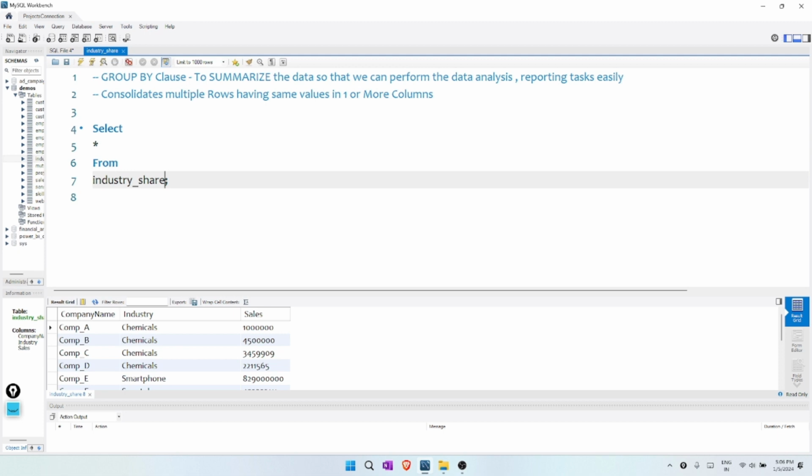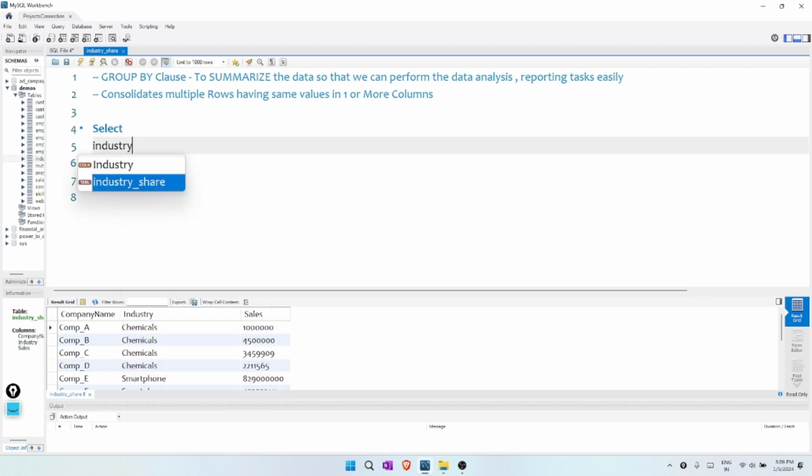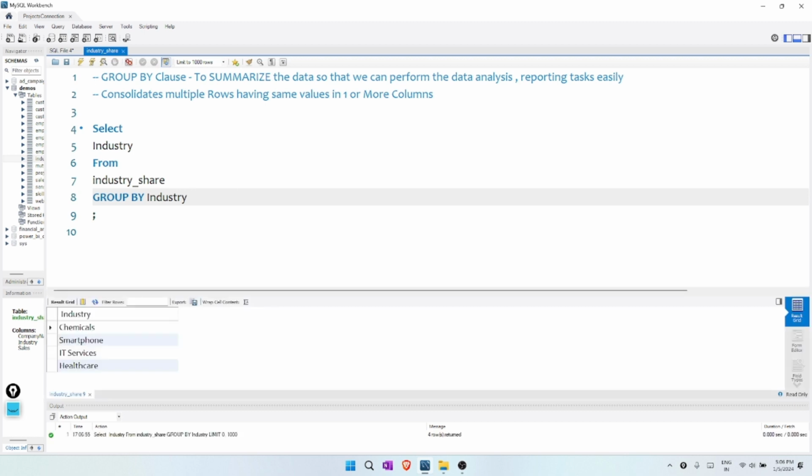So before solving this question, let me show you again using this example what this statement means, consolidating multiple rows having same values in one or more columns. For this, I am going to use only the industry column here. Yes, this is our industry column, and I'm going to perform the group by over this column only. So I will write group by, and when I press control enter, as you can see here,